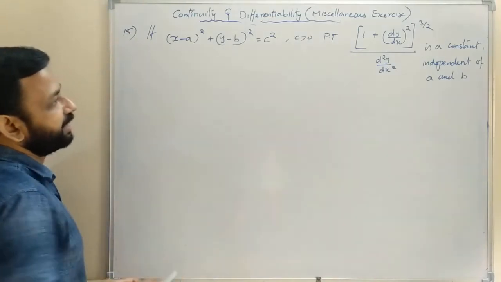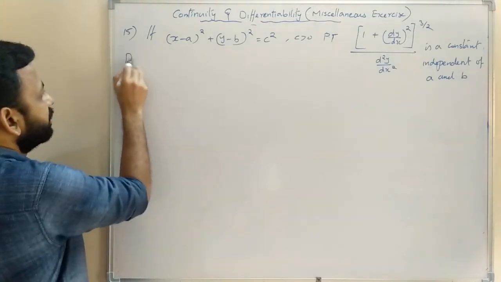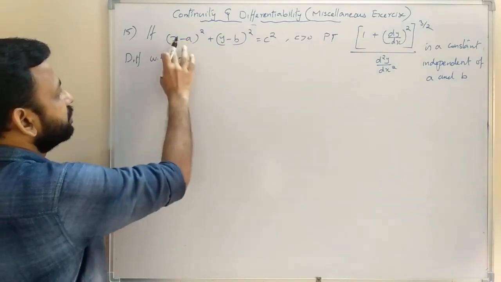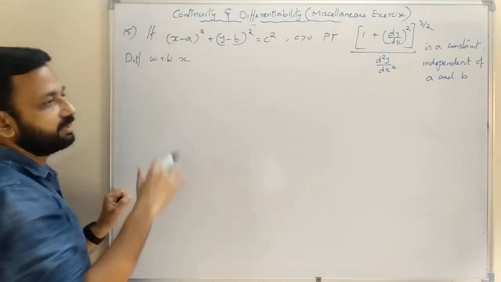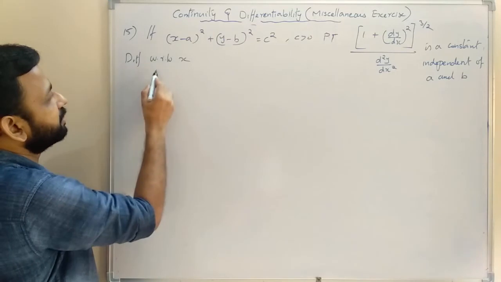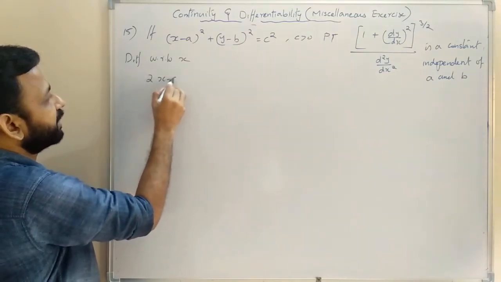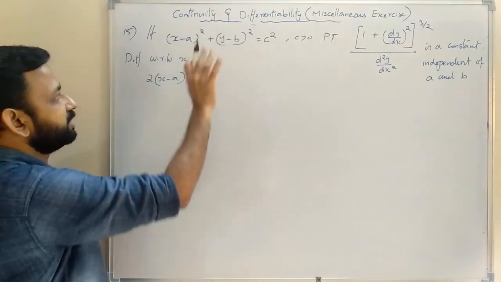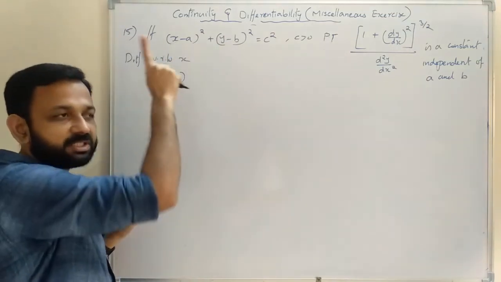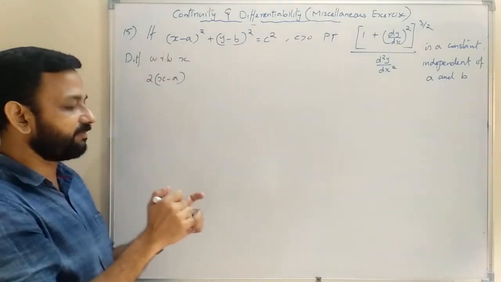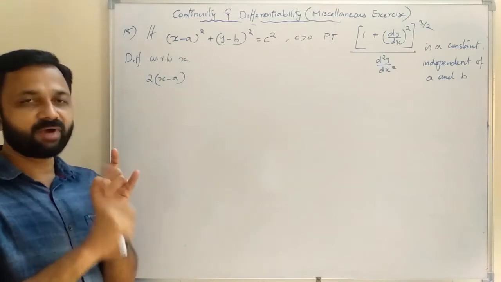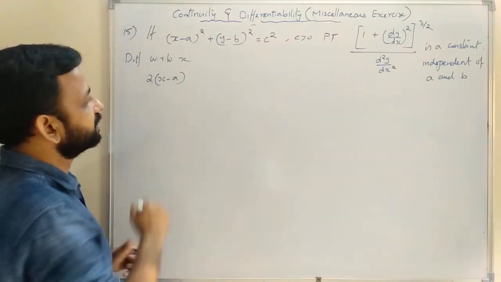So the given expression we can differentiate first, with respect to x. So d by dx of (x minus a) whole square. We can use the formula d by dx of x raised to n is n x raised to n minus 1. That is 2 into (x minus a) raised to the power 2 minus 1, that is 1. Then the derivative of x minus a: the derivative of x is 1, 1 minus 0. We apply the chain rule. 2 into (x minus a) raised to 1 into the derivative of x minus a, 1 minus 0, so no need to write.